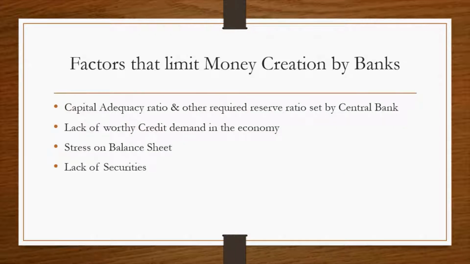So as we discussed previously, factors that influence the creation of money by banks. We have something called the capital adequacy ratio. Now this ratio is set by the central bank. In simple words, if I would explain this, a bank takes deposits to balance out its books, takes loans from other commercial banks or institutions. It has some of its own equity in it, and the reserve money, obviously, that it takes from the central bank.